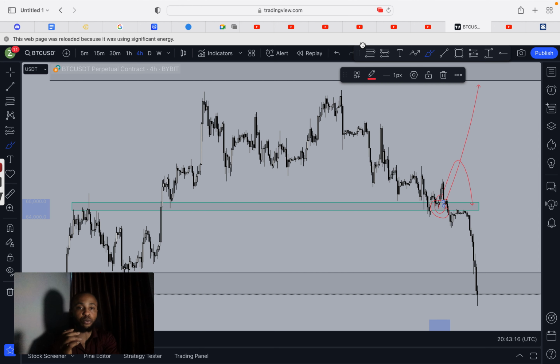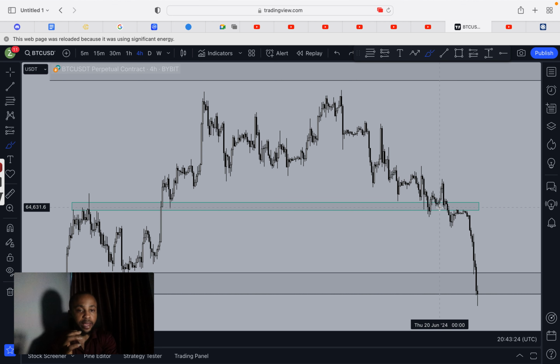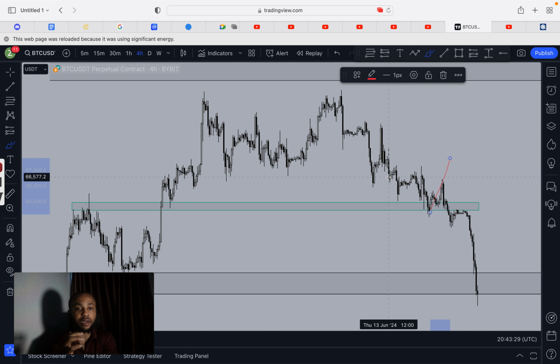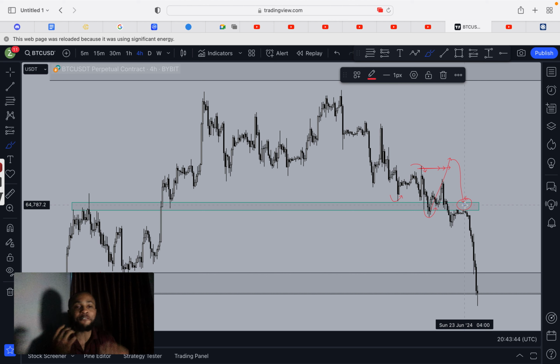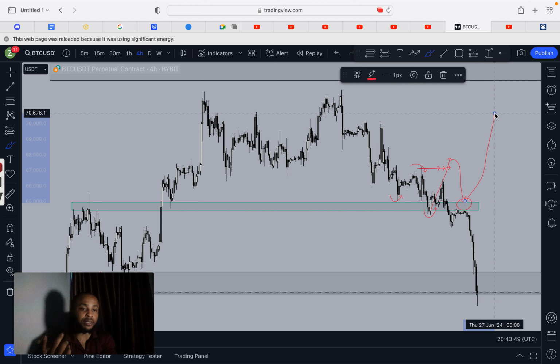So you can see my thought process, what I was actually thinking about when I took this trade here. I knew that if I take the trade here, we are still in a downtrend. I have to wait for market structure to break: lower low, lower high, lower low. Once we break this structure, then come back here. Once it gets back to this support here, we've broken the structure now. This is now a high conviction trade. You can now decide to take the buy here. That is one. And then I would have gone in with 2% of my account.